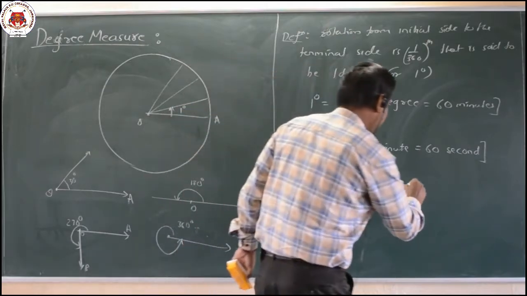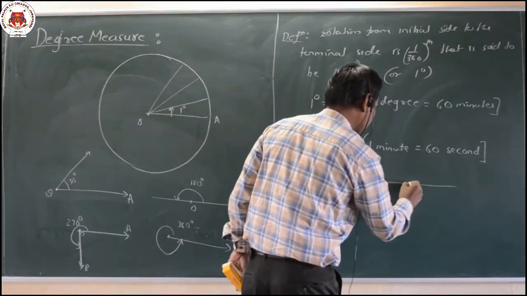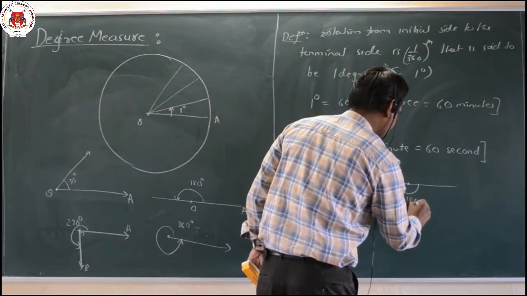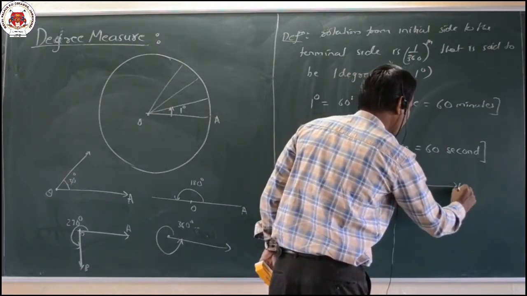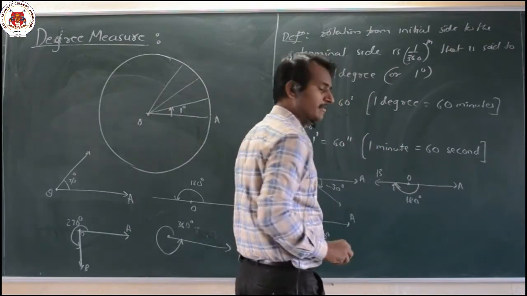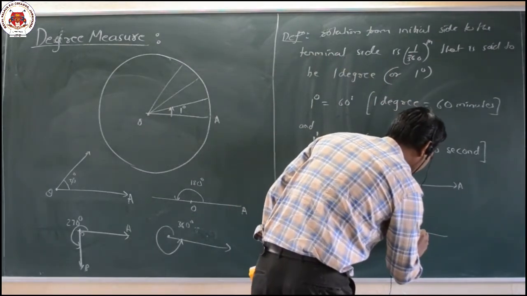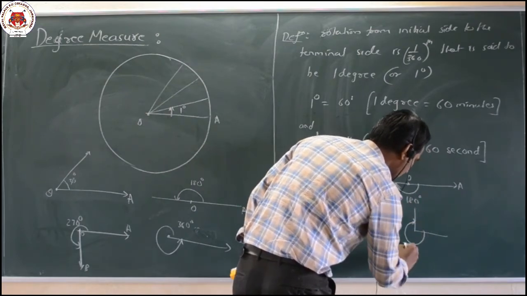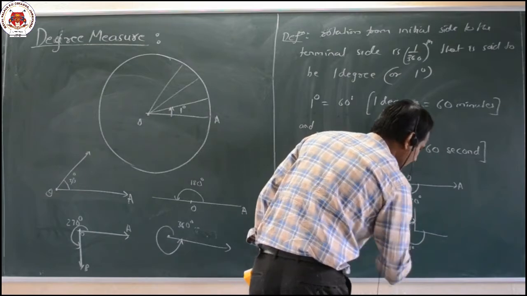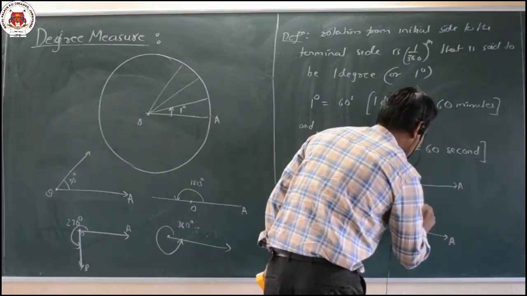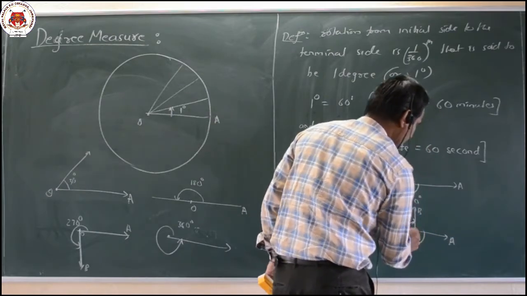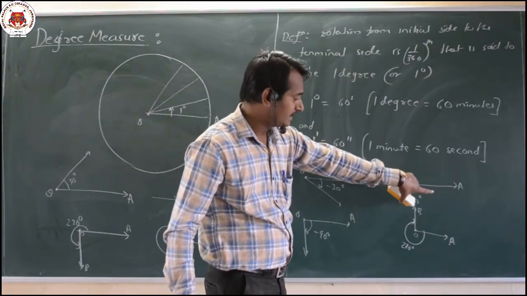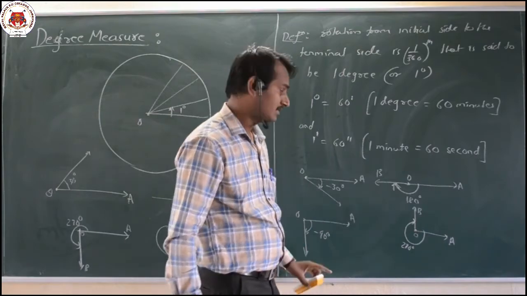Similarly, if I am rotating in this manner, here that will be nothing but our 180 degrees. It is O, A and it is our B. If I take it in this particular manner, that will be 270 degrees. That is A, that is our B part, and that is the initial point O. If I am rotating OA in the clockwise direction till here, that will be our 270 degrees.